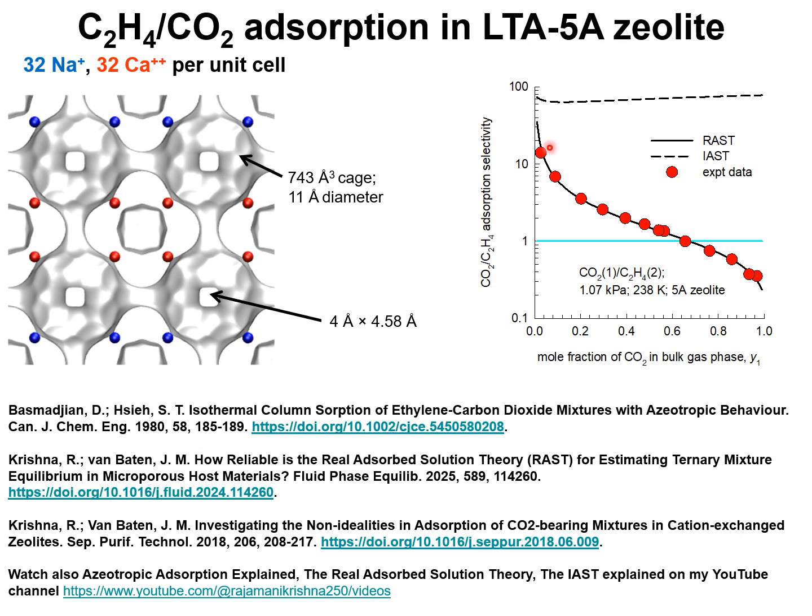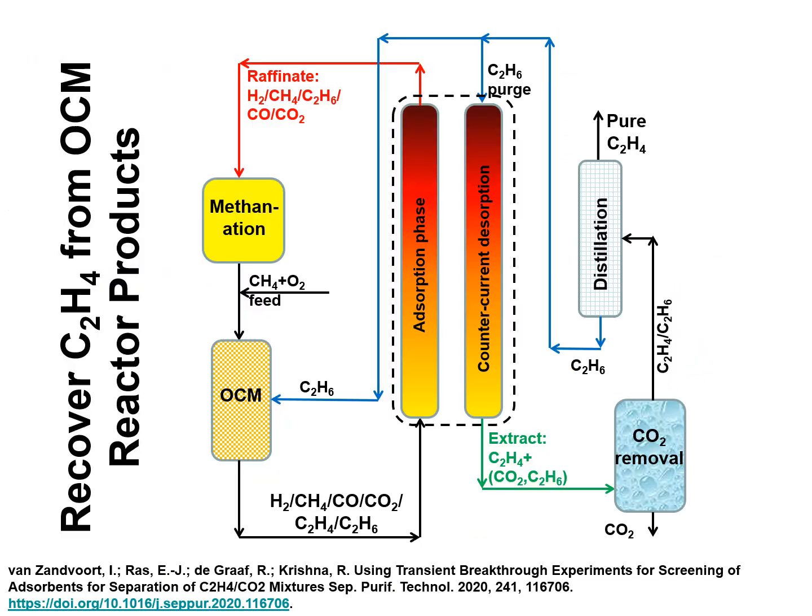As we note from these mixture adsorption experiments of Basmadjian, LTA-5A zeolite becomes a candidate for feed mixtures that are poorer in ethene but richer in CO2, as is the case for the OCM products, as I will explain in the subsequent slides. In the process for oxidative coupling of methane,